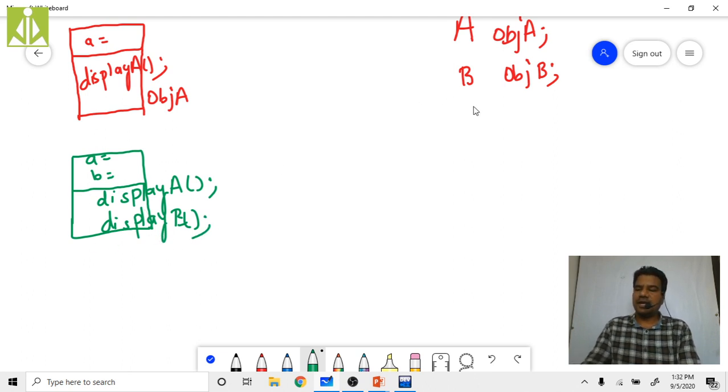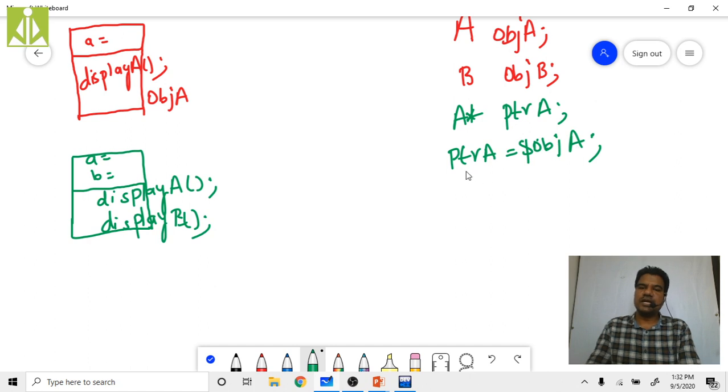So now if I create a pointer to A class, how can I create? A star ptr A, pointer to A class, pointer to base class. If you do like this, ptr A equals ampersand obj A, obj A. So now what it will do?